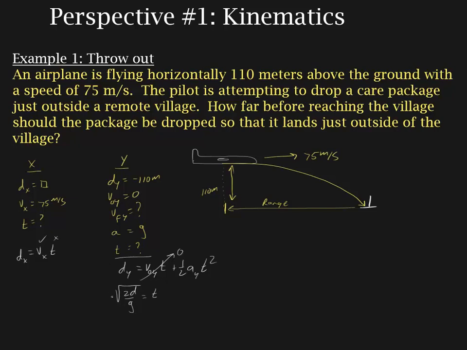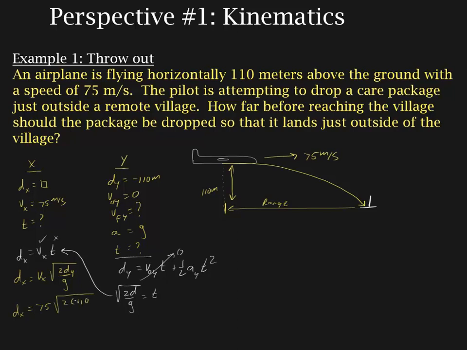So we're going to substitute that in for t, and we get dx is equal to vx times the square root of 2dy over g. All right, so we have dx is equal to 75 times the square root of 2 times